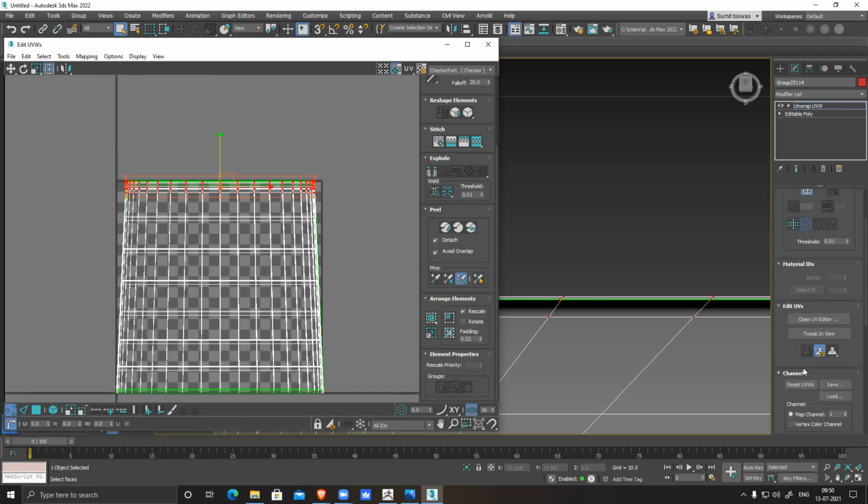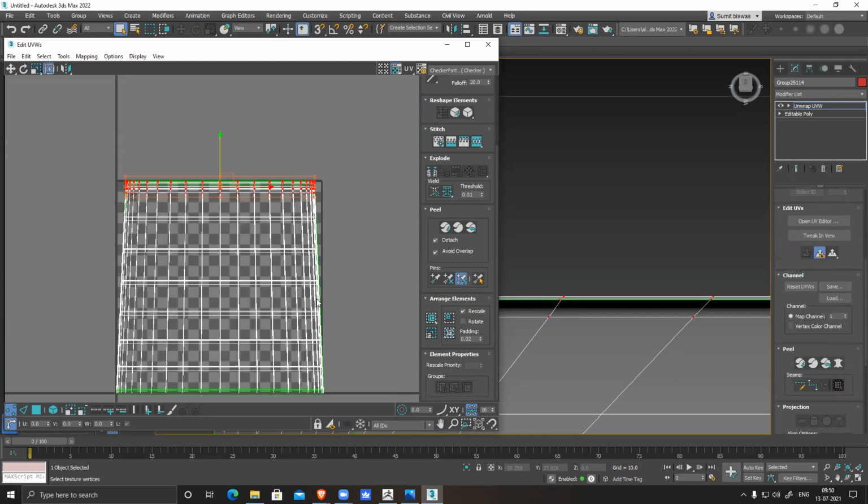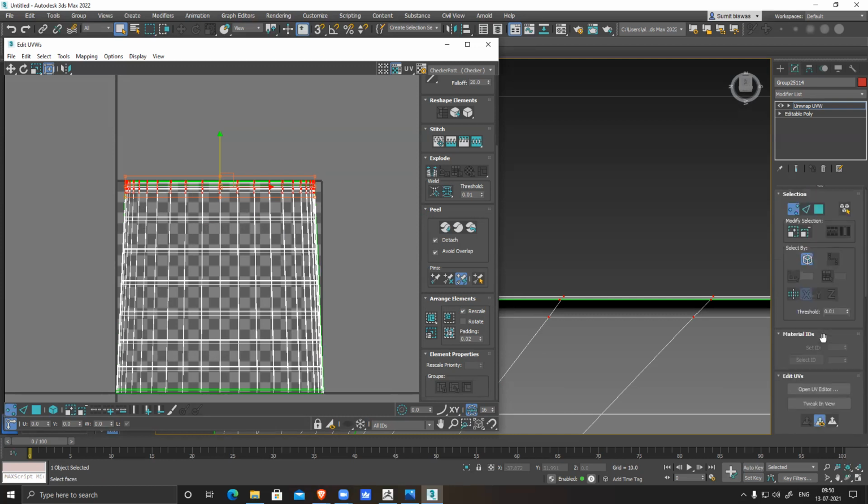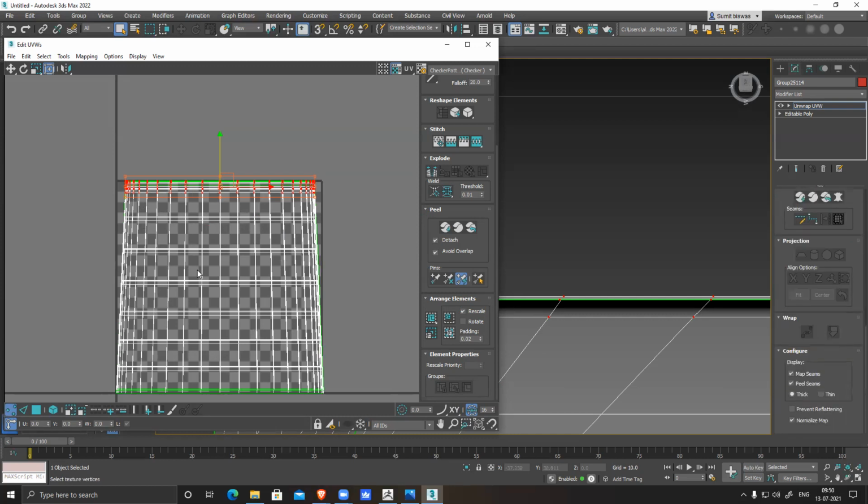Select this, switch on your soft selection. B, it doesn't have soft selection.